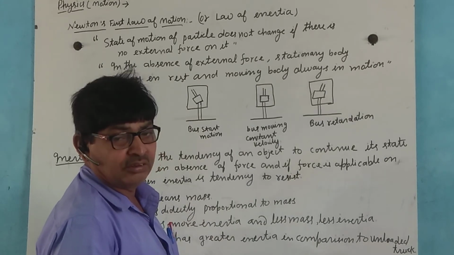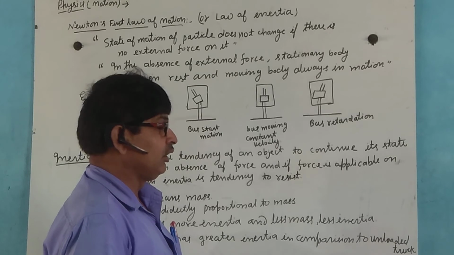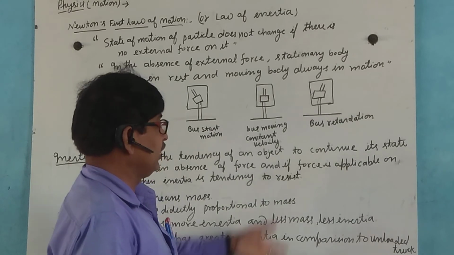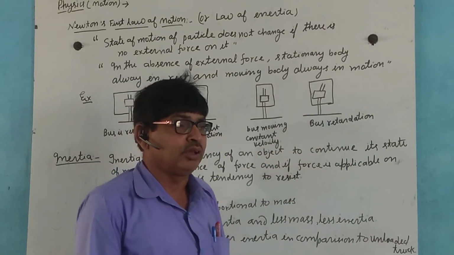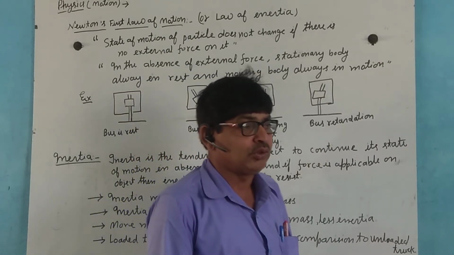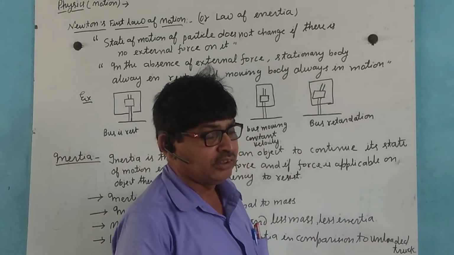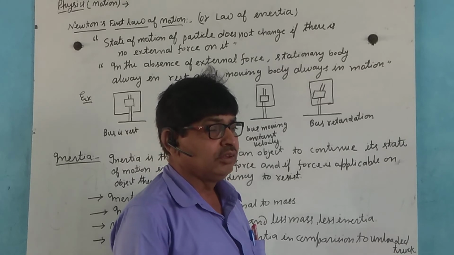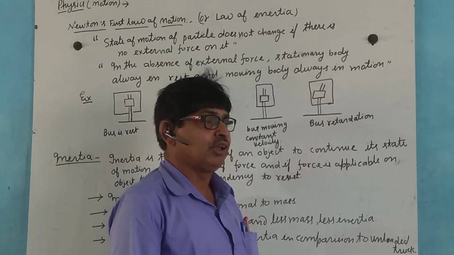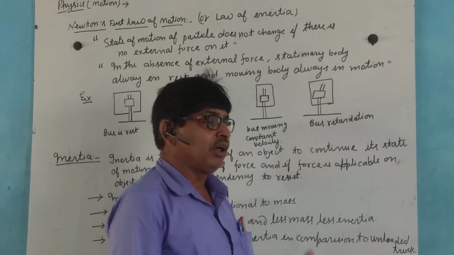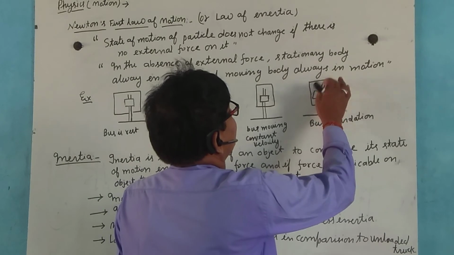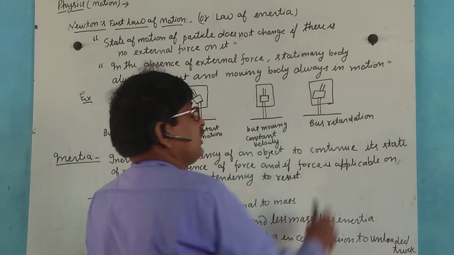But if the bus moves at constant velocity, in that case the passenger stays in the standing position, but when the bus driver applies the brake, the portion of the body in contact with the bus comes suddenly to rest, and the upper half portion of our body bends in the forward direction, so that such type of situation is created by bus retardation.